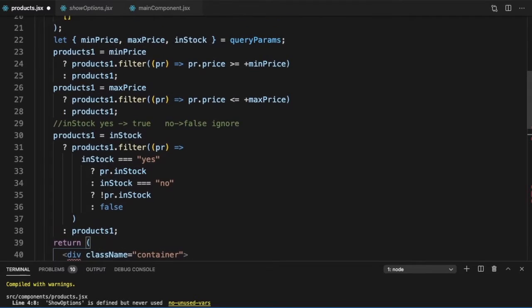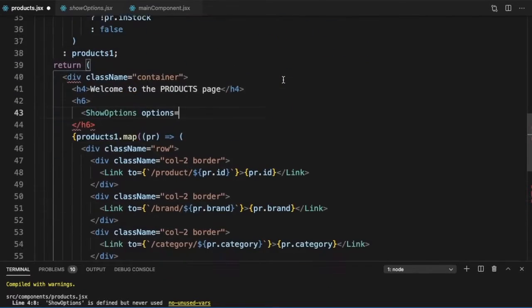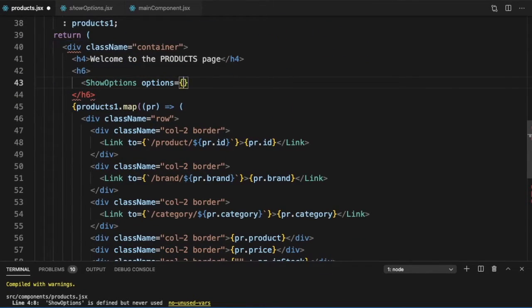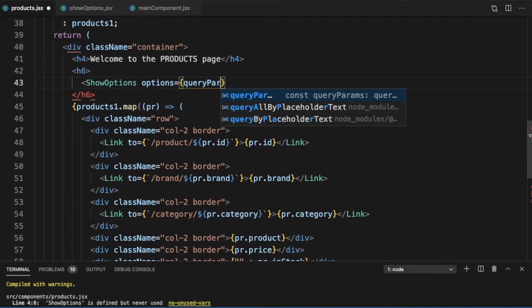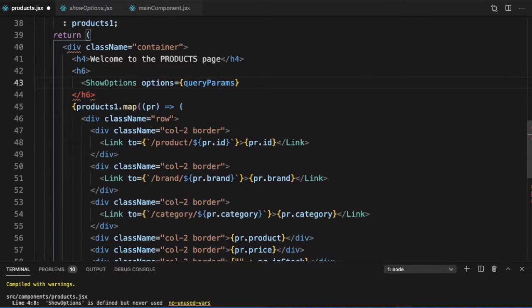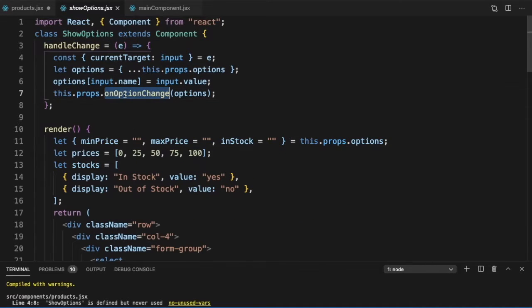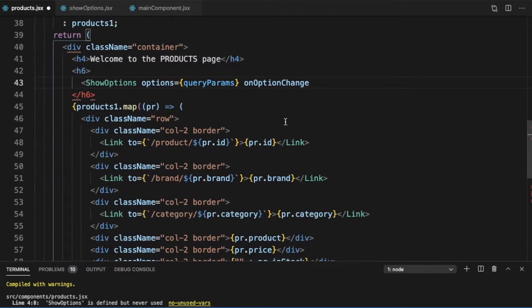The options should be the same as the query params we got. So I will just pass query params, and the other is, what is the name of the handler we want? On option change is equal to this dot, let's call it say handle option change.